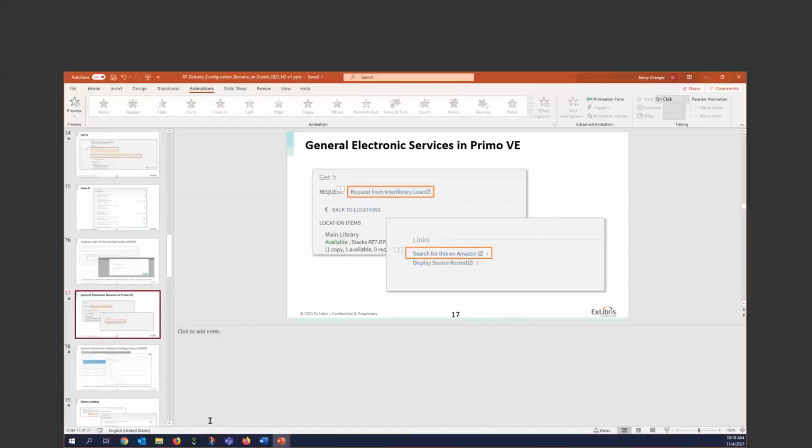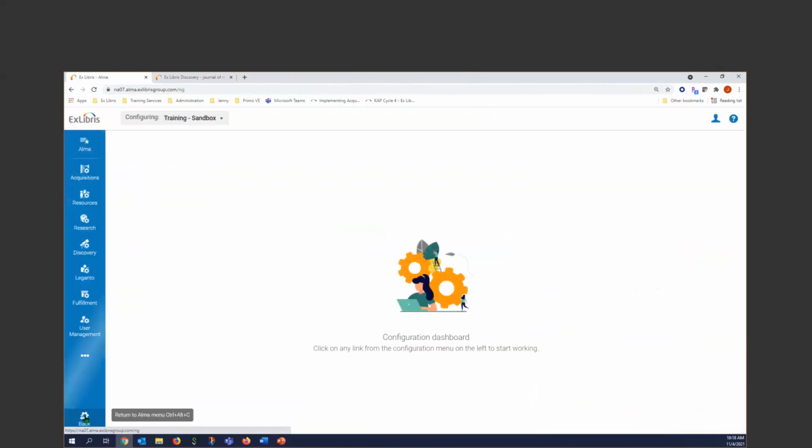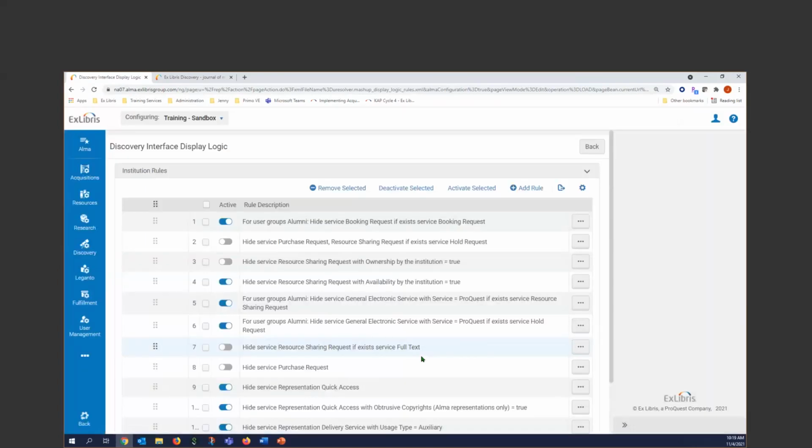Okay. Out of here. Go back over to Alma. So where we're going to be spending some time is in the configuration menu. We're going to be spending time under fulfillment and discovery, but a lot of our time here will be spent under fulfillment. And then you see this discovery interface display logic section. So the display logic rules, they come in here. Now we have a number of rules set up. Not all of them are enabled. And this is something that you might find yourself massaging, changing,